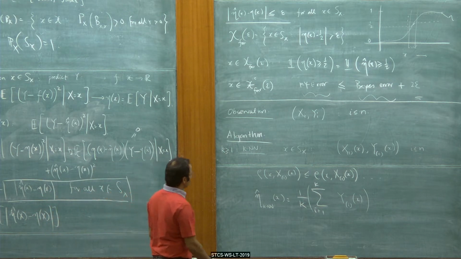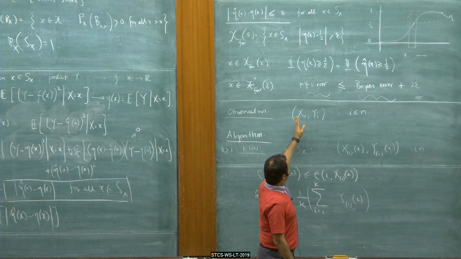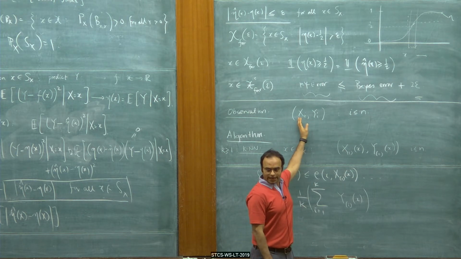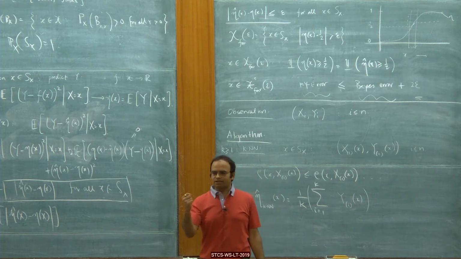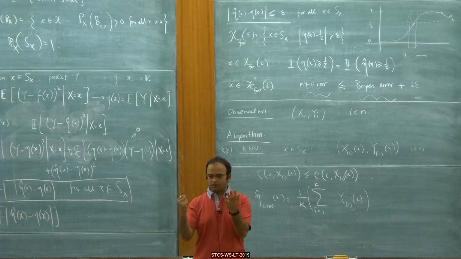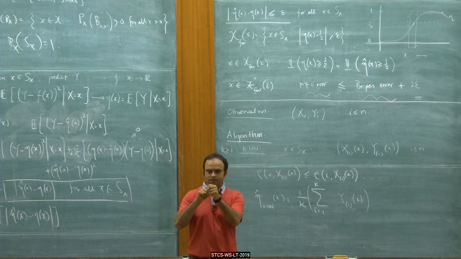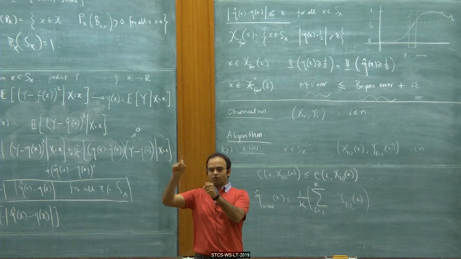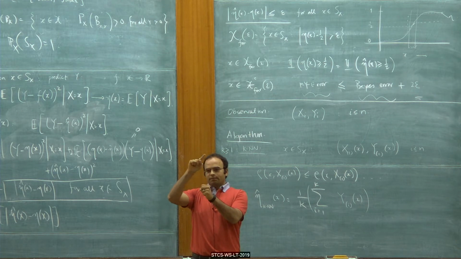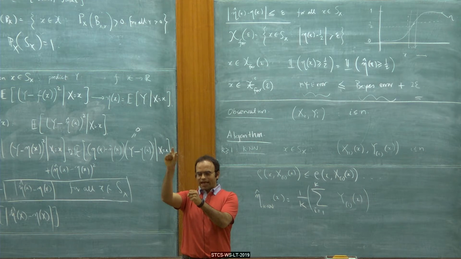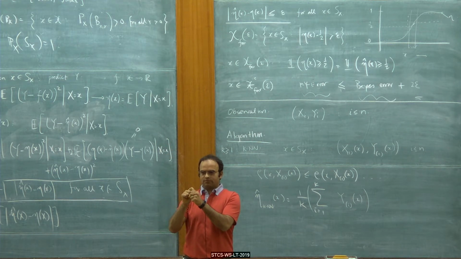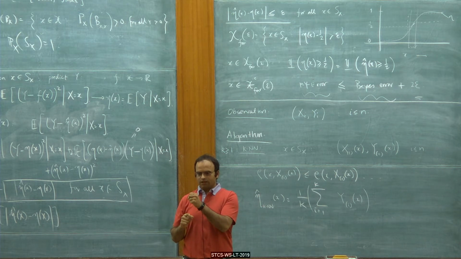Of course. So I've got data points x1, y1, x2, y2, up to xn, yn. Now you get a new feature, small x, with respect to which you want to estimate its label. What I'm going to do is take this x and this x1, x2, up to xn, and find the tuple in which the corresponding x coordinate is closest to my x. Let me call that x1 of x. Okay. So it may be that